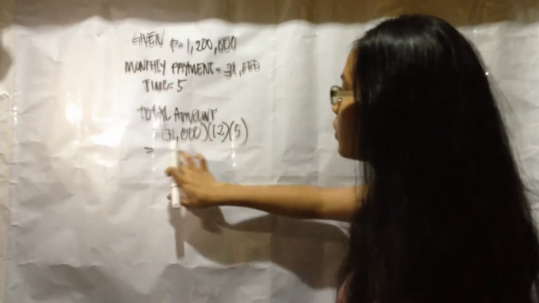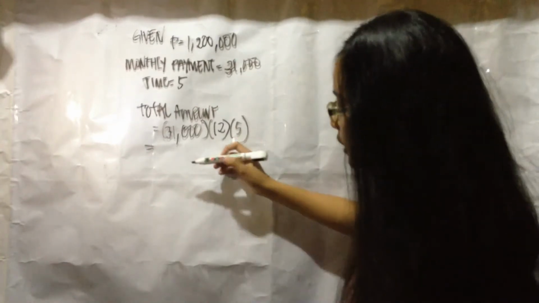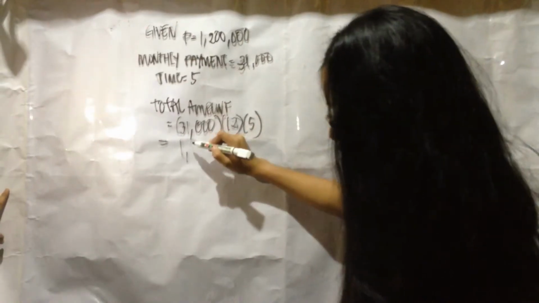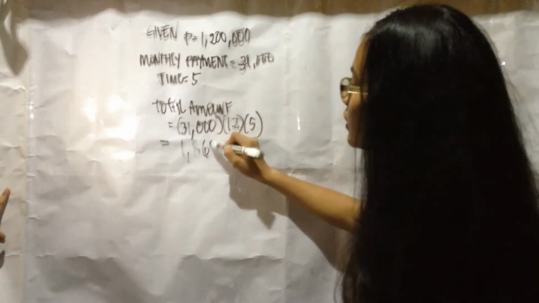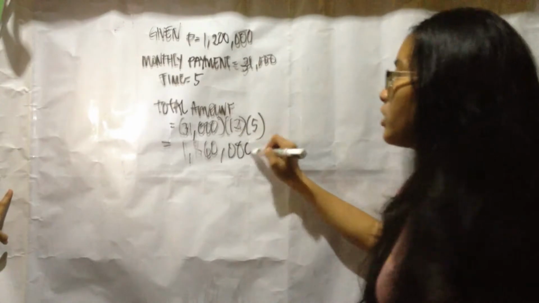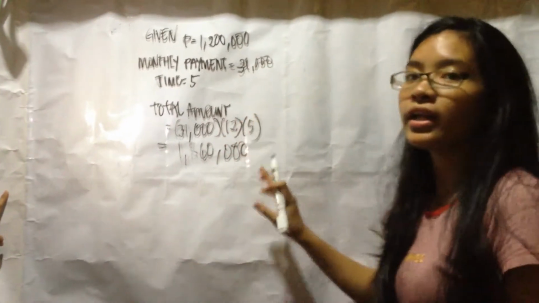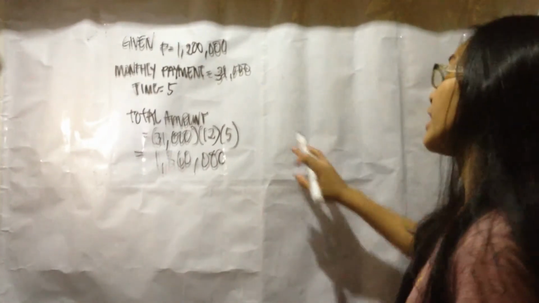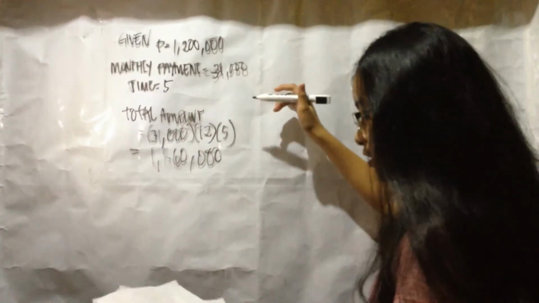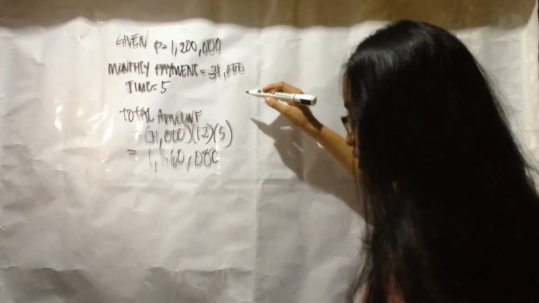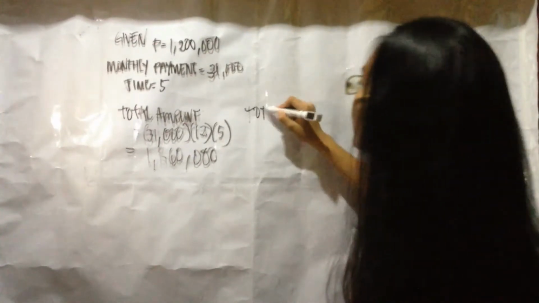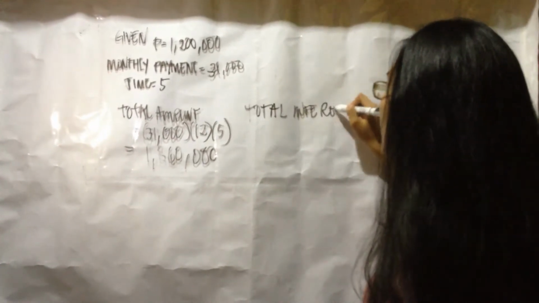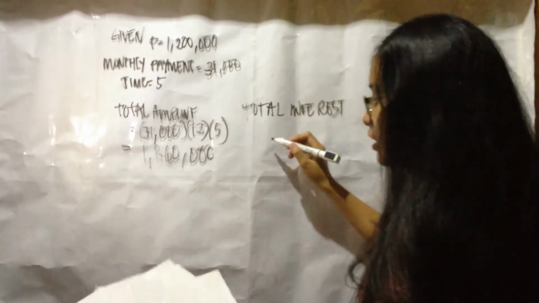So, ang sagot niyan is 1,860,000. Then, nakuha na natin ang total amount. Kunin naman natin yung total amount of interest. Then, total interest ay